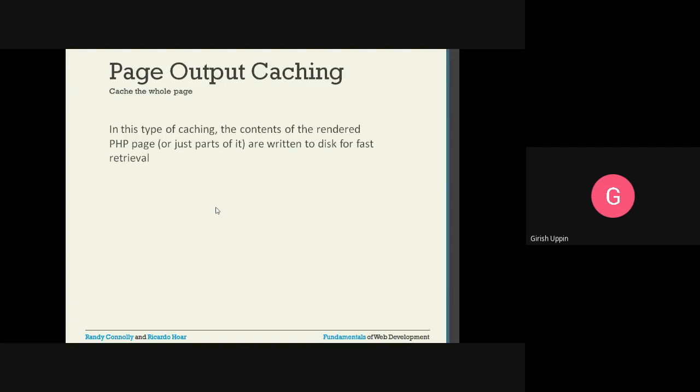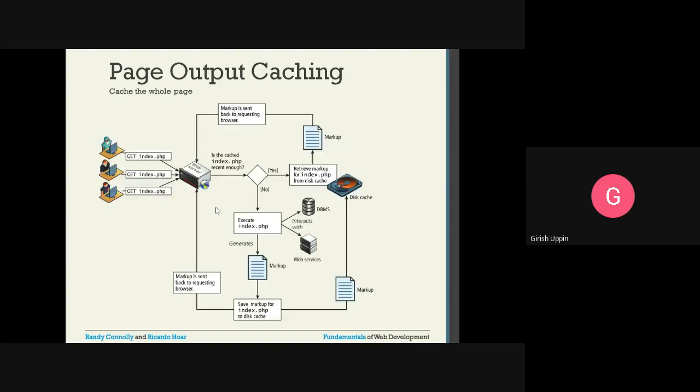It can be saved on the disk, and upon a subsequent request, we can get the same and give it as a response. You can see here three users making the same request, index.php. Similar pages are being requested from the server.